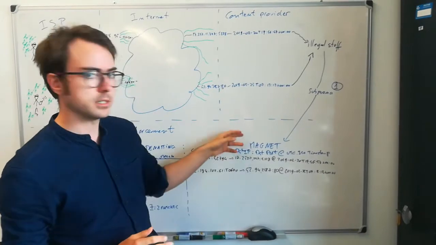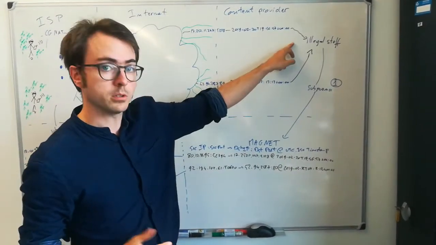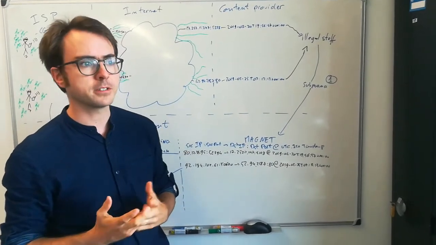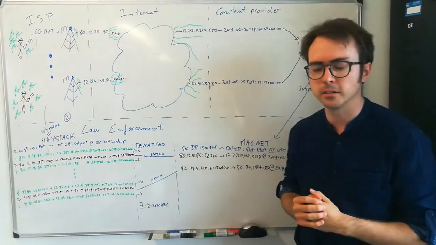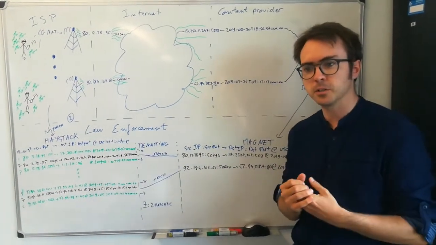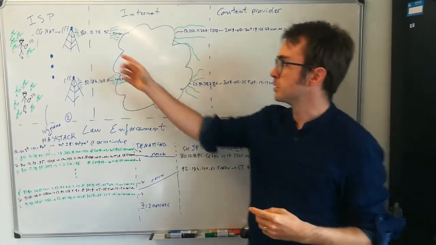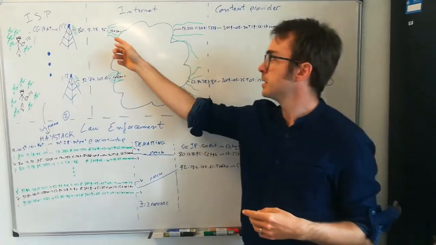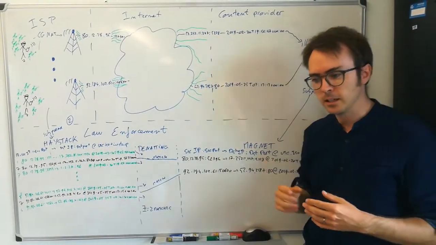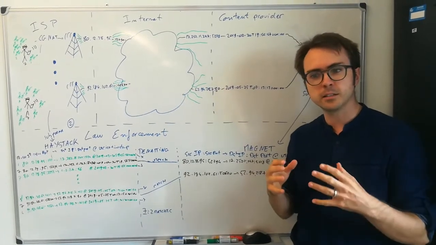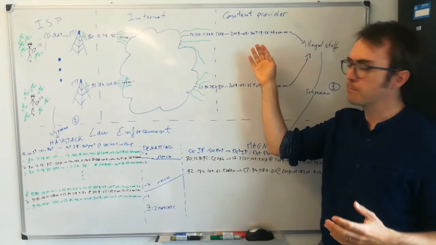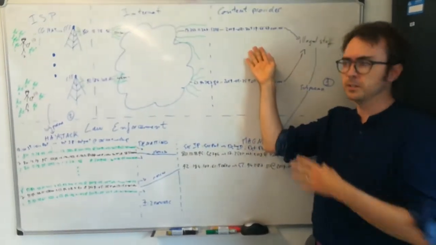So what you do is you send a subpoena to Facebook, and they will give you the information they have. But the information they have is not exactly what you need. What you need to understand is that the TCP connection is made up of 4 numbers: the source IP, which you will get, the source port, as well as a destination IP and a destination port. If you have those 4 numbers, then the internet is able to take your data from point A to point B.